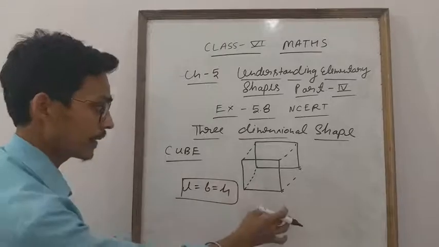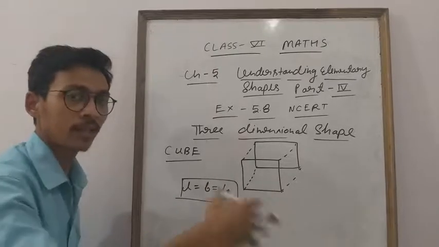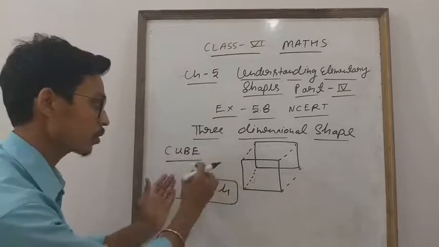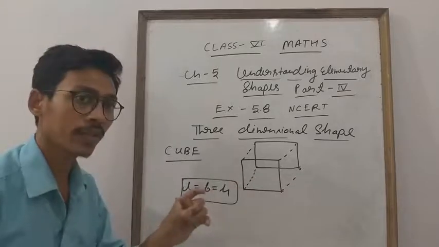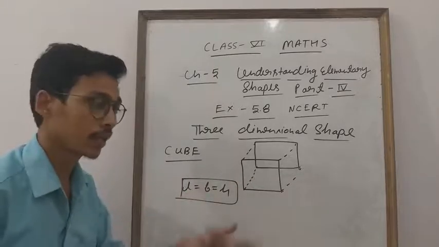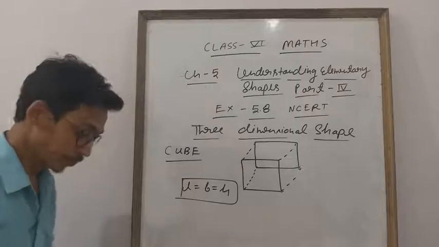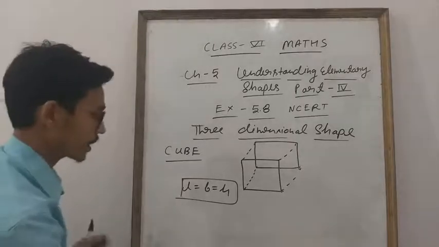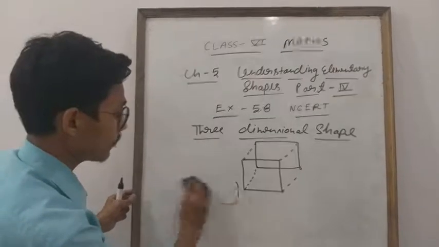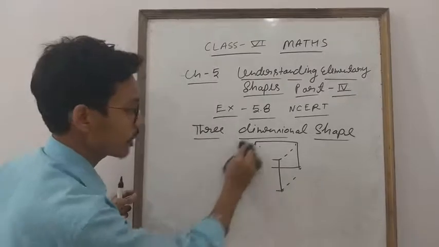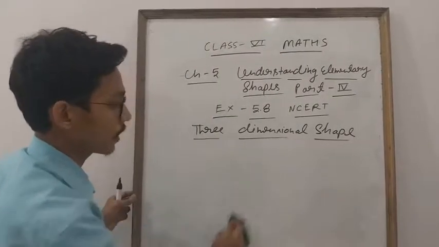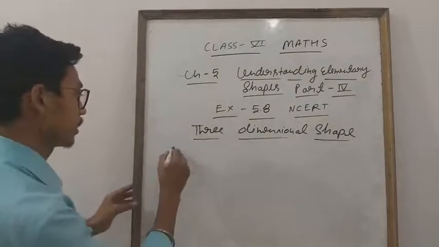Related to these things you will study in further classes, but simply you know that a cube means a cuboid whose length, breadth and height are equal. Clear everyone. So this is our cube. Now next is prism. I am only drawing this, because a little bit of knowledge is very important for these things for your next class. Now look, the next is prism.